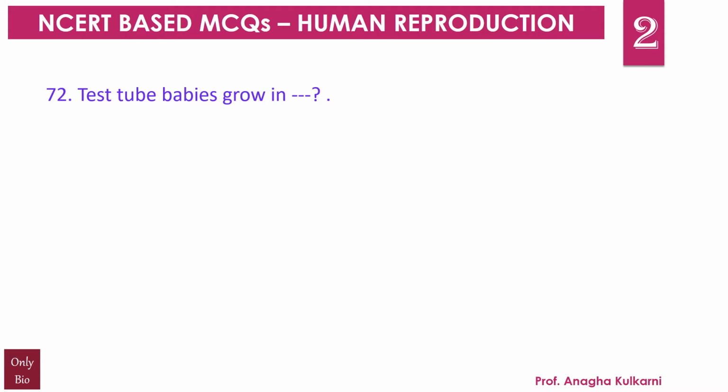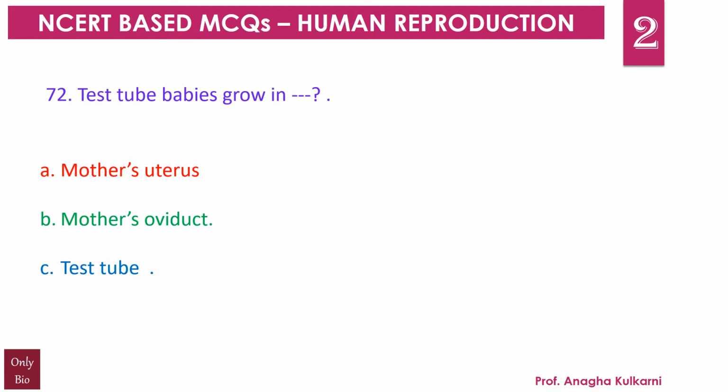Question number 72. Test tube babies grow in dash. A. Mother's uterus. B. Mother's oviduct. C. Test tube. D. None of these. And the correct answer for this question is mother's uterus. You know, in vitro fertilization, that is test tube baby, that particular technique, wherein the sperm and the